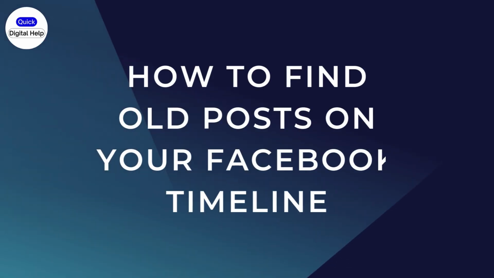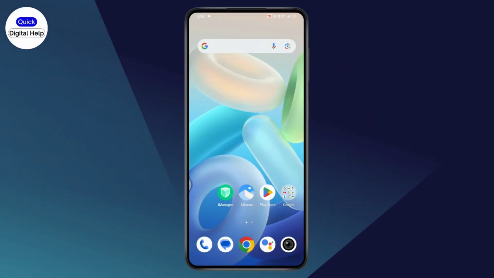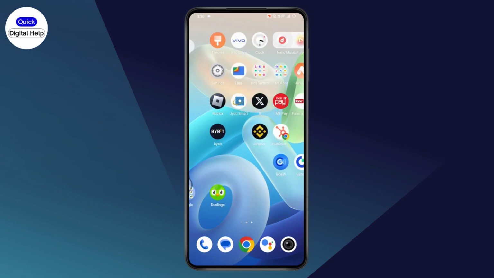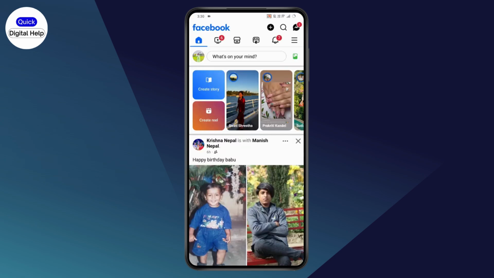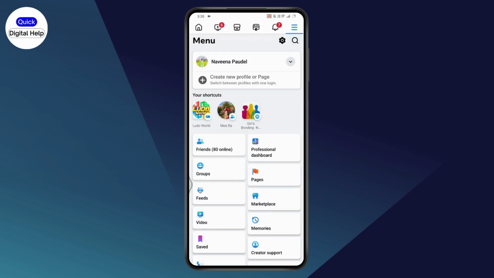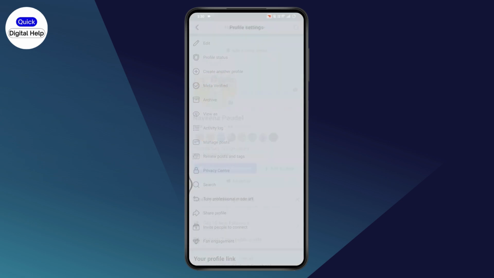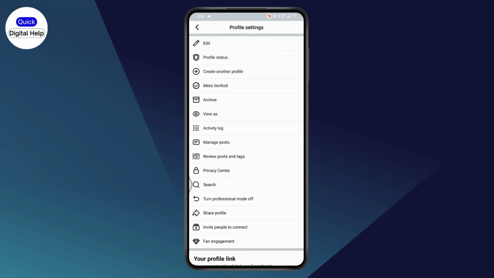How to find old posts on your Facebook timeline. If you want to find old posts on your Facebook timeline, then first you need to open up your Facebook application. Once you open up your Facebook, you need to simply go to the top right, which has that 3-bar icon. Tap on profile, tap on the 3 dots on the right side of your profile, and